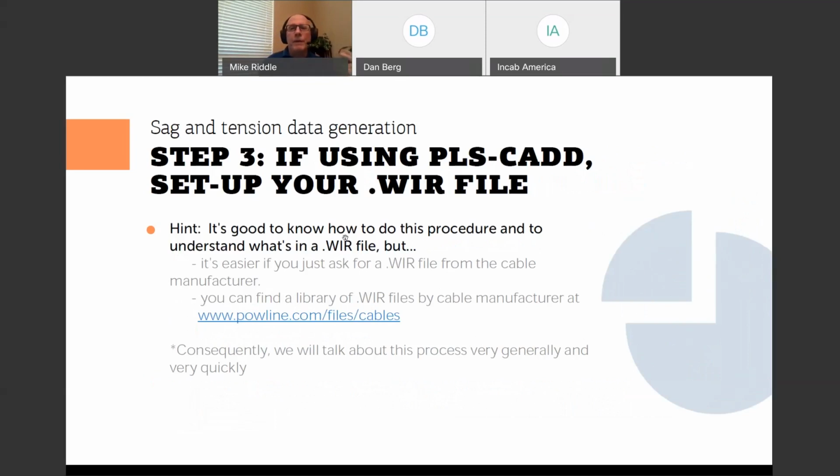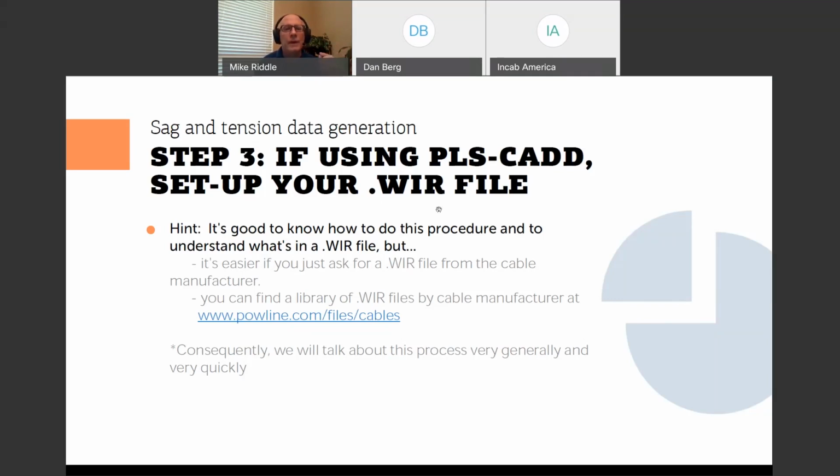Now, with PLS CAD, you use what's called a wire file. A lot of times people will type it out as wire, W-I-R-E, but officially it's a file that ends in .wir, hence the name wire file. And I'm going to show you how to set up your own wire file because you ought to have a basic understanding of what's in the wire file and how to do that. But I'm going to hit it pretty fast in the interest of time,